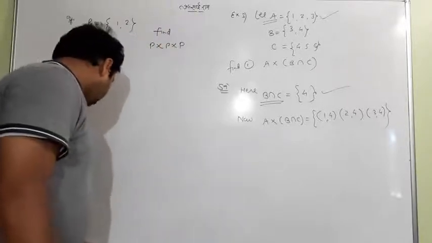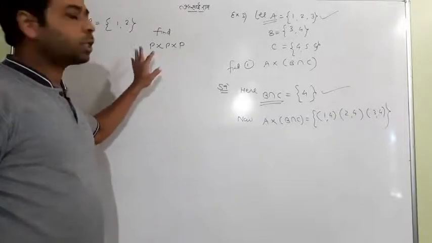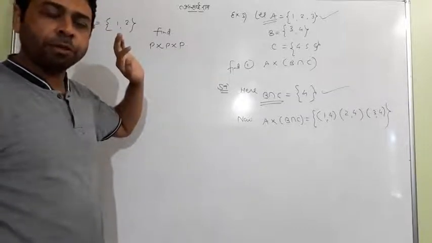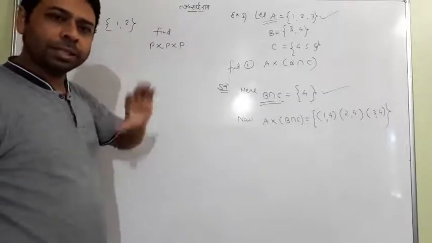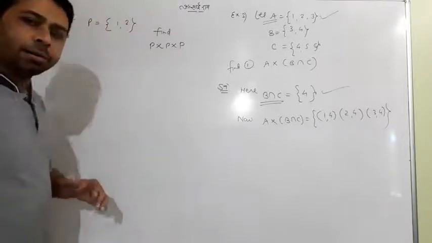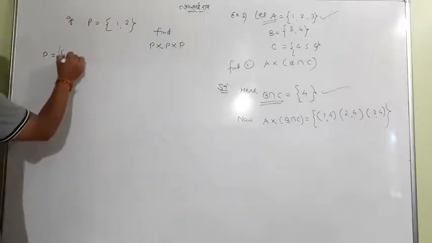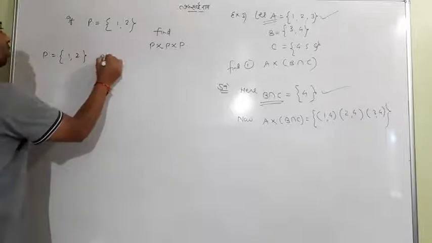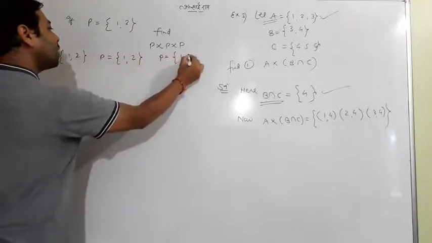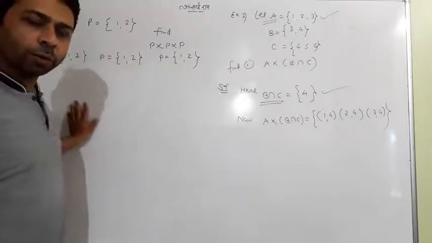It is actually, we have to find out this kind of multiplication thrice, the Cartesian product of P, P and P. By the same way we can find it out. Don't worry about how, just see the procedure. I am writing P three times so that you can understand what I am going to write.